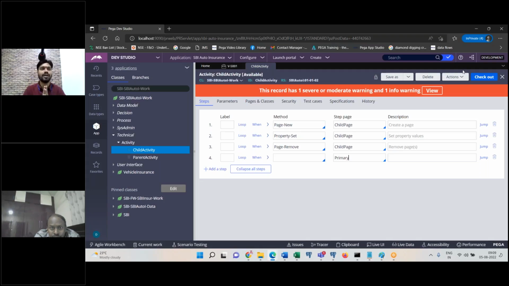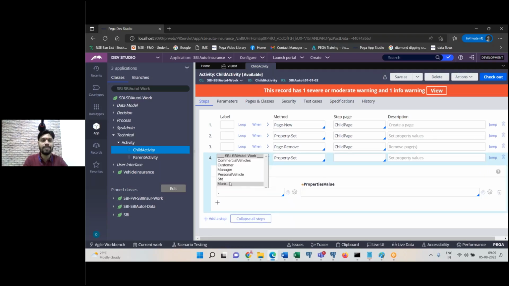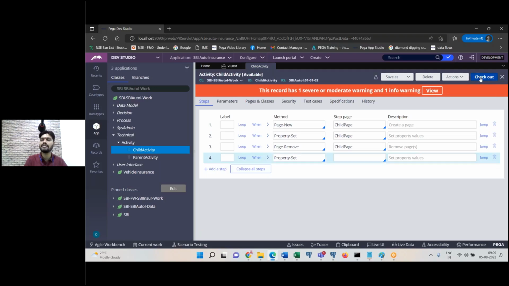So primary is the keyword. At runtime, this primary may be py work page, this primary may be run record primary page, this primary may be something else. It can be anything, based on the source. Now here, I don't mention anything for primary. I'm going to do a property set. Expand this. I'm setting some property with a value. Okay, save this,